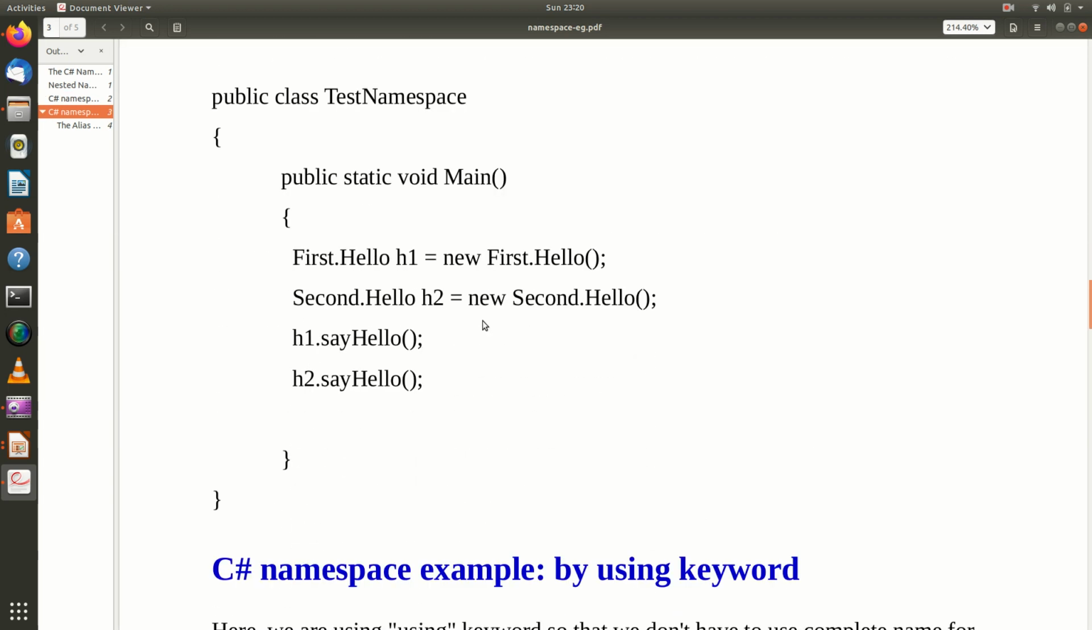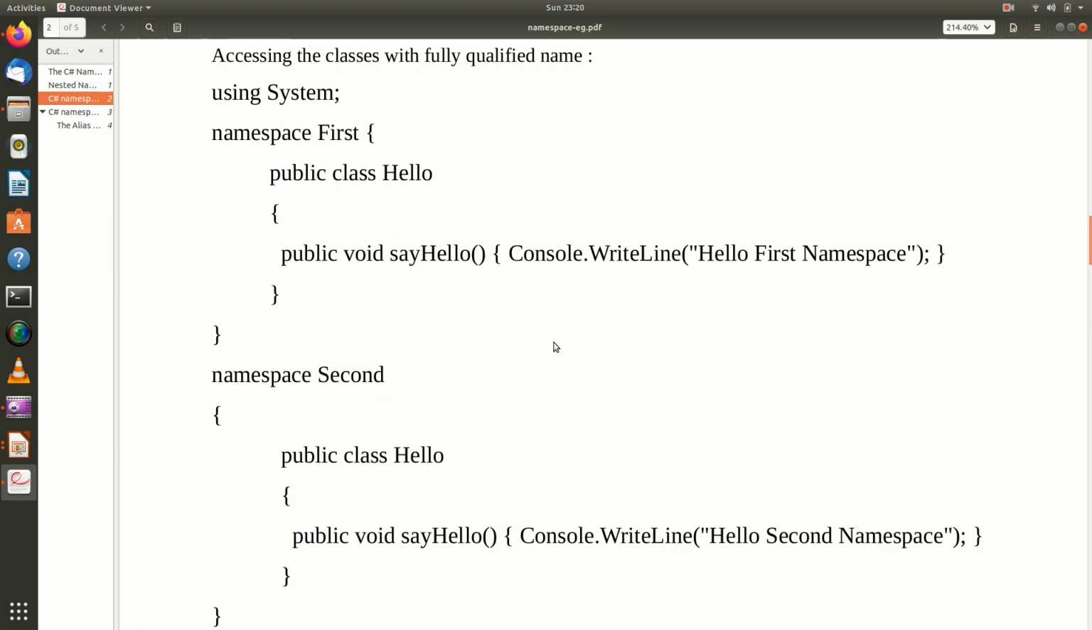And inside a main method I am declaring a class object for which I am using the namespace name and the class name. Namespace name and the class name. Observe here, if you have name conflicts,